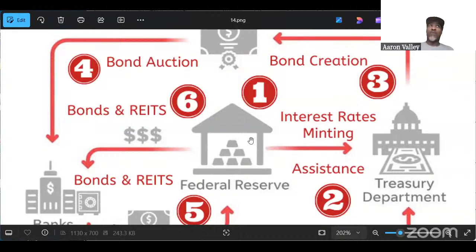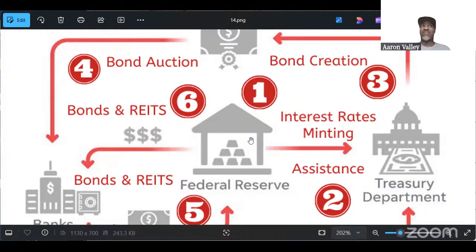So now the auction bond is over. Now the banks are swapping those debts. They're swapping the bonds. The local banks, the number one, the most lucrative loan that a bank can give is real estate. So the bonds and the real estate, they zip the real estate up in what's called REITs. It's a batch of real estate. And then that's the main thing that they are now swapping and exchanging. Bonds and REITs. And that exchange first happens between the banks and all of the central banks and the federal.